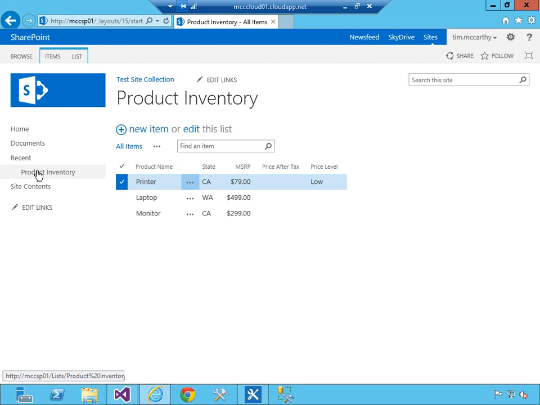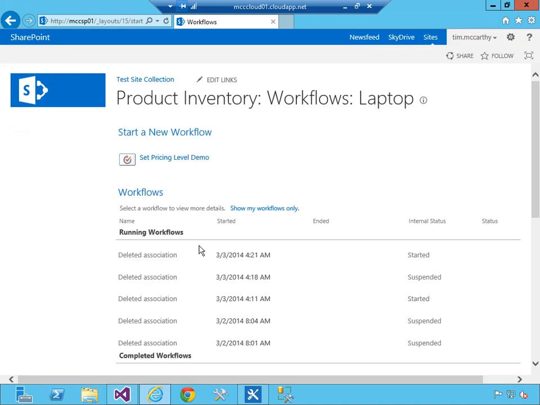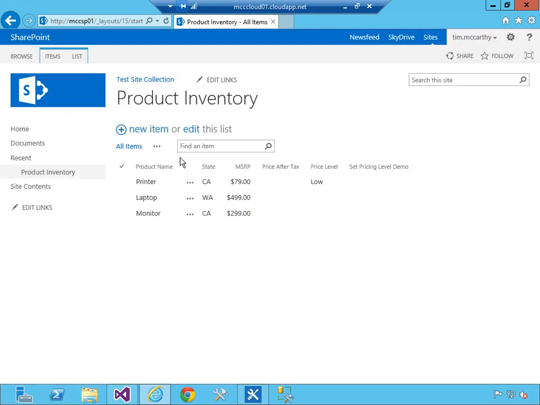Okay, let's go back out to our list. Let's refresh it. And so if I run the workflow on this, it should say low. If I run the workflow on this, since it's over $300, it should say high. So let's run on this one. Let's go to workflows, set the pricing level,